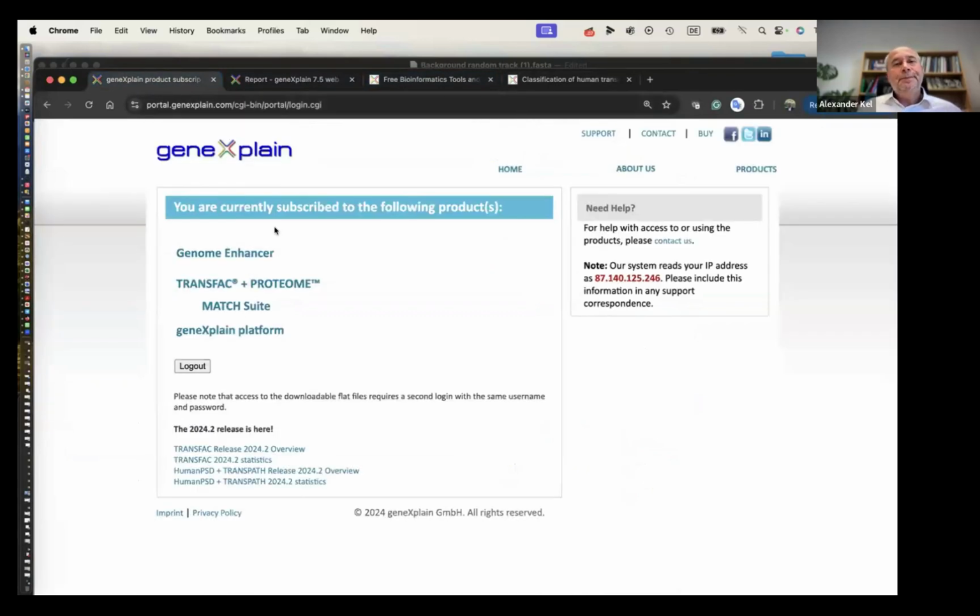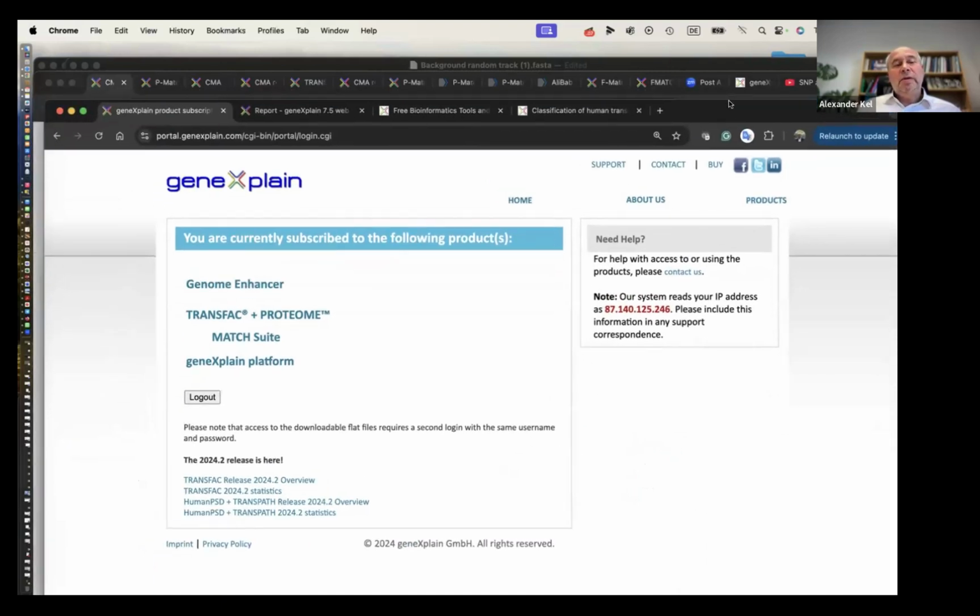So basically, what I was talking about so far was TRANSFAC, where we collect known motifs, so motifs which are already discovered, and our algorithms, both match and CMA, operate with those known motifs. When talking about human, we made this estimate some time ago, about 93–95% of all human transcription factors have at least one motif in the TRANSFAC database. Which means there are very few unknown motifs